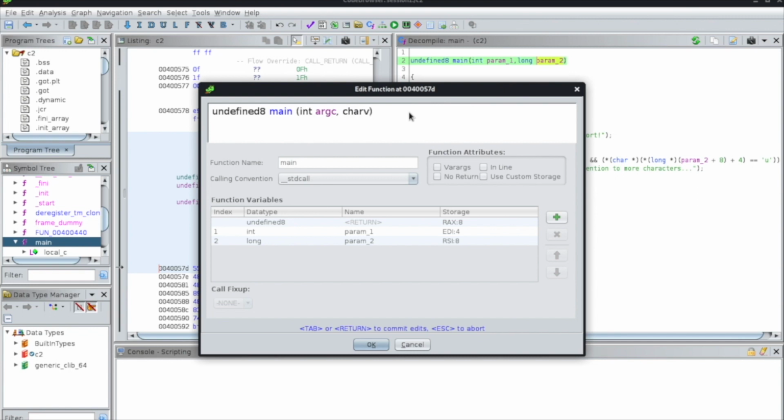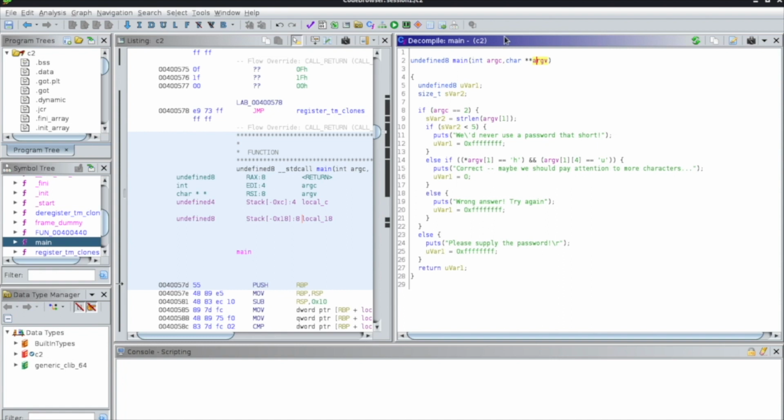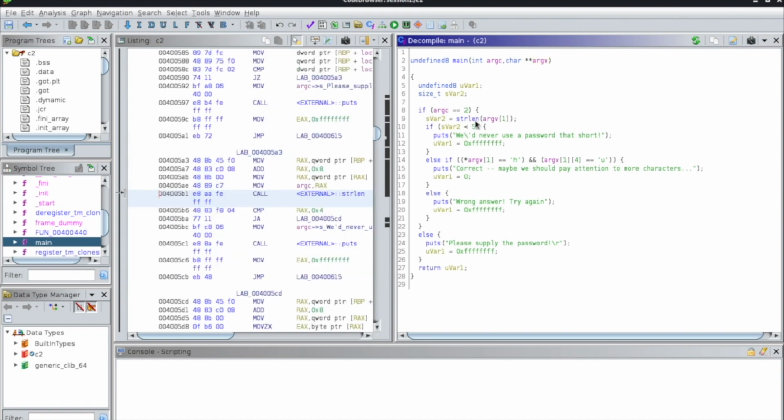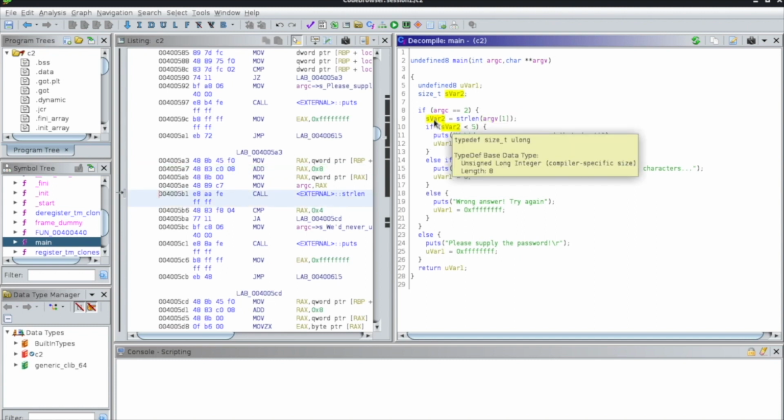Okay, argc, argv. That looks good to me. I will say okay. It changed it everywhere. All right, let's see. What do we see in here? Again, we are seeing a variable for the string length of the input string that we put. So I can change the svar2 variable to length by